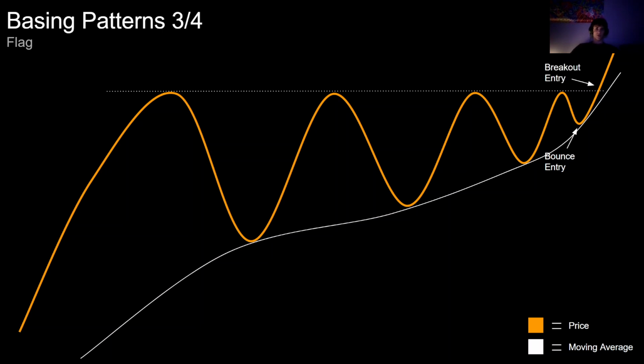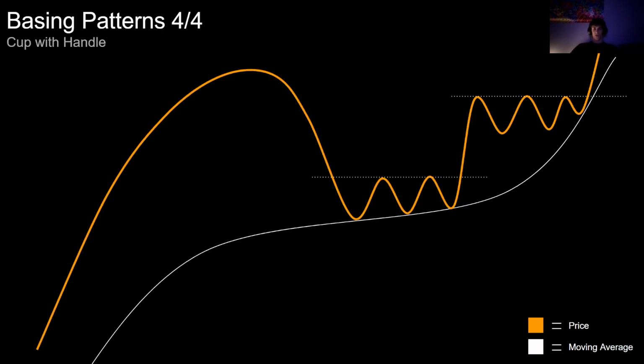So bounce, breakout, and then a cup and handle is sort of a weird pattern. I could have drawn this a little bit better. Usually a cup and handle sort of undercuts a moving average, but the general idea here is that you have a really, really strong move up and sort of a big flush down to the downside, consolidation, move up, another consolidation as we hit resistance on this prior high, and then a move up to the upside. And I'll give you examples for what all of these look like